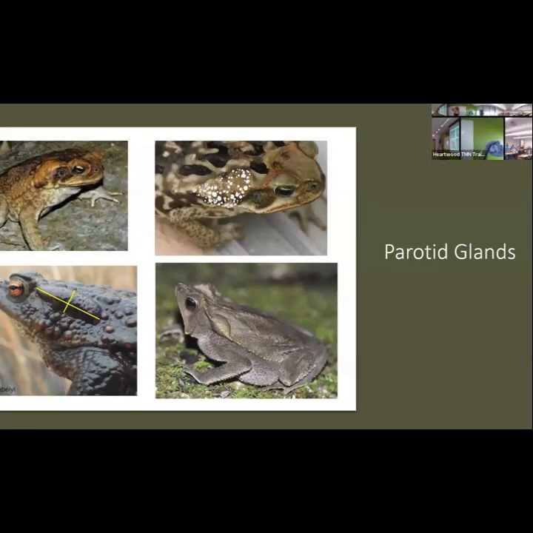So a little note about the parotid glands is that you can tell the different species of toads and frogs by the shape of their parotoid gland. So this is actually a parotoid gland that's been expressed. It has this milky substance coming out. Somebody squeezed it. Maybe a dog had it in its mouth and it got squeezed, so he released his poison. That is why your dogs will foam at the mouth and throw up if they eat a toad.